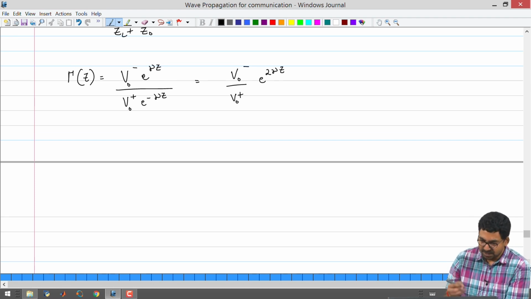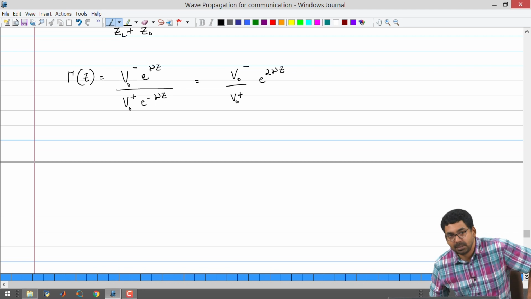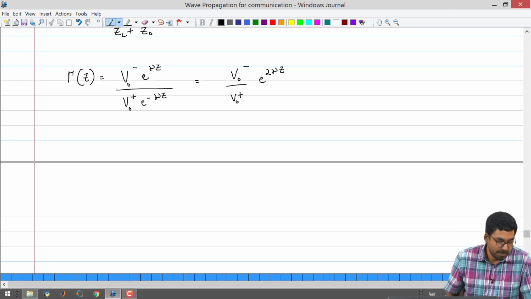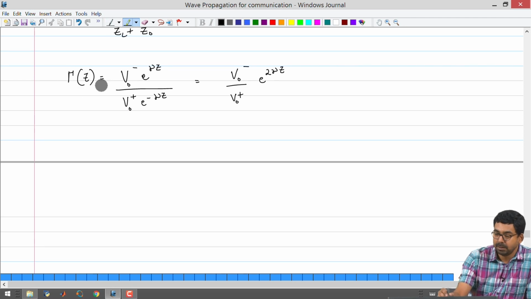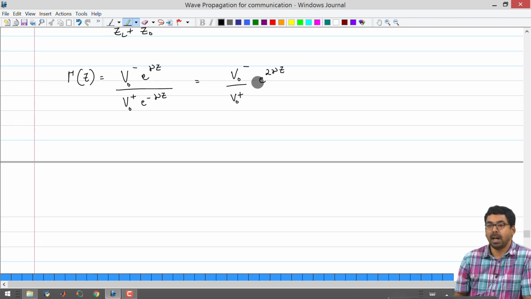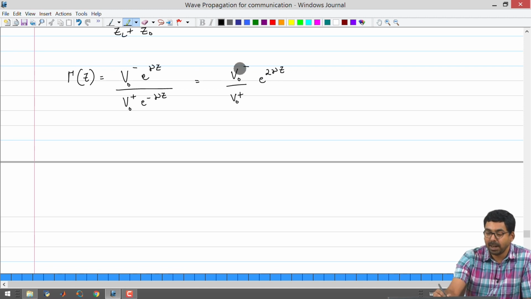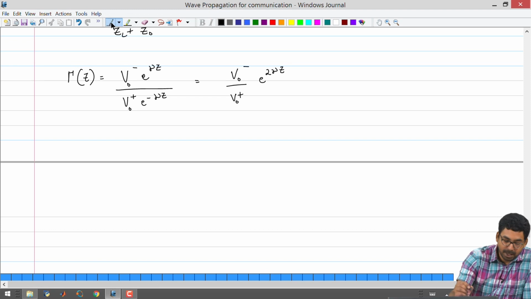Since we had only two boundary conditions, it will be tough to imagine this, but you could always have terminations with different values of load impedances. In these cases, the reflection coefficients would be different. In our cases, for the ideal simulations that we have done, the reflection coefficient was either +1 or -1, but here you can have a fraction, and it could also have a phase associated with it. So, it becomes a little bit more complicated.